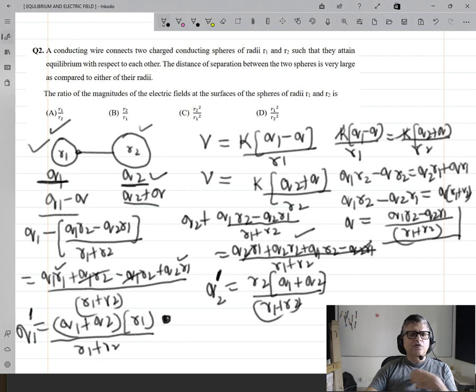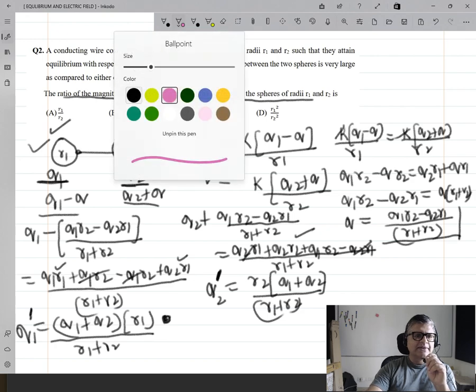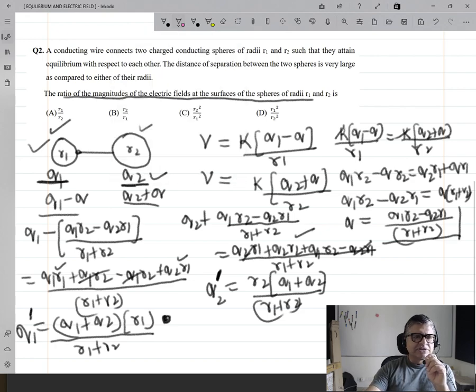So far, we have only established what charge should move for equipotential. That we have established. Now let's talk about another situation. It says finally you have to find the ratio of the magnitude of the electric field on the surfaces of the spheres. If you consider the electric field on the surface of the first shell, which is this one,